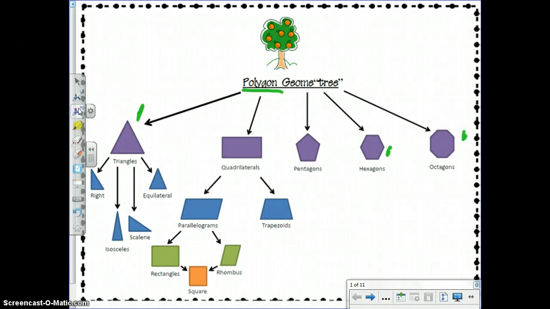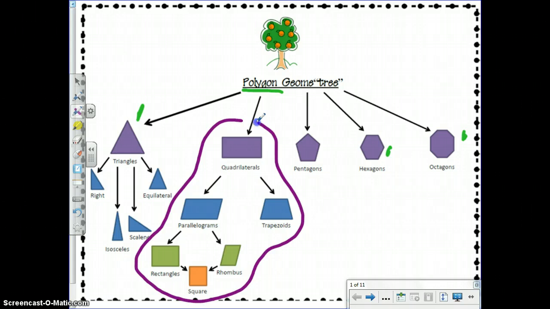But today we're going to focus on one category, and this is the category of quadrilaterals right here, which we've mentioned before. So all these polygons that we're going to be looking at today are all shapes that are made up of 4 sides. And as you can see, as you come down this tree here, there are different subcategories, different types of quadrilaterals, and they have specific characteristics that are unique to that type that make them a parallelogram or a trapezoid or a rectangle or a rhombus and a square. And we're going to go over those different unique